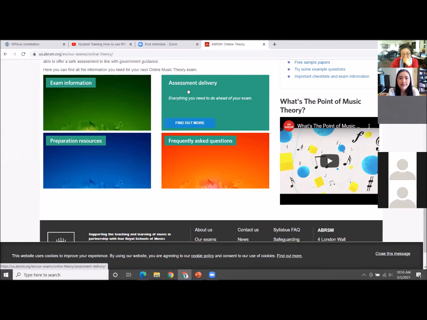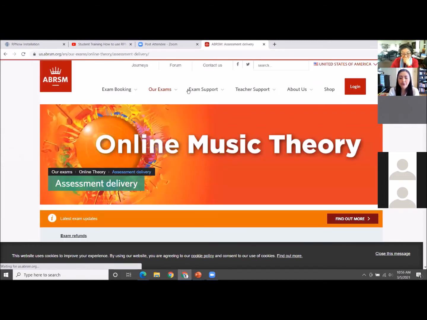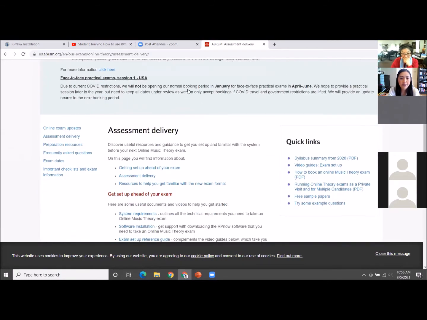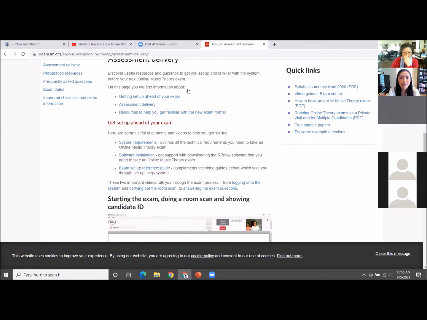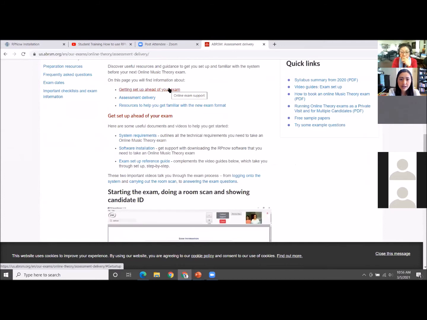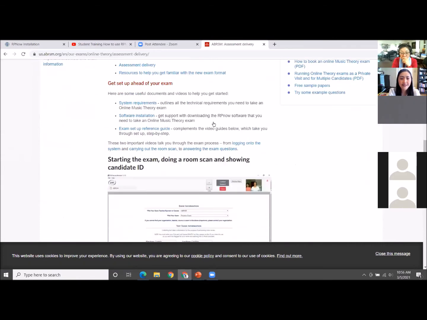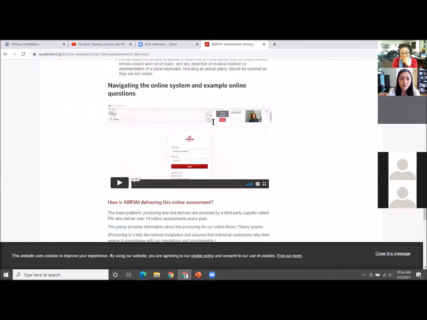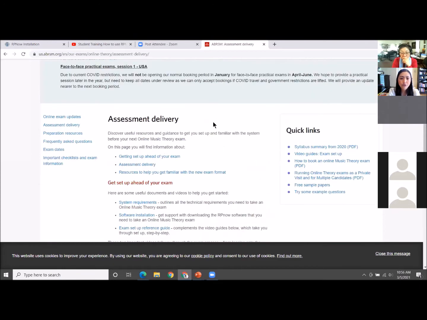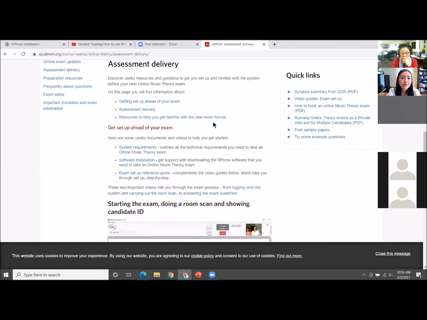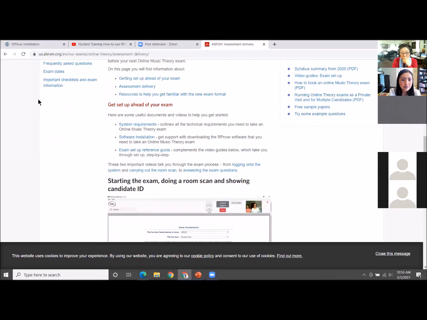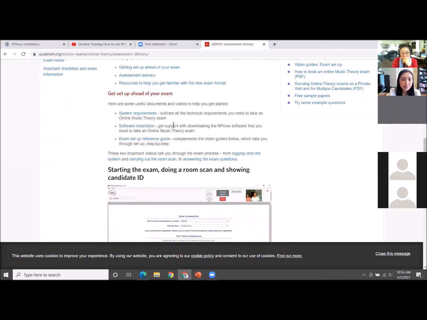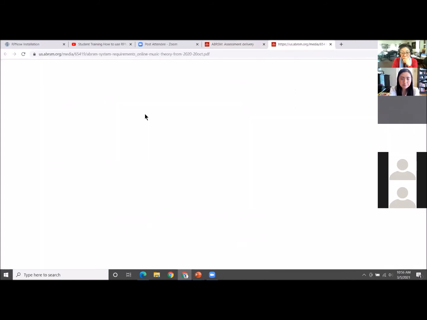You go to assessment delivery, and when you're under that subpage, it gives you all of the information on how to set up, what are the requirements, and also resources such as links and video tutorials on how to set up. But for our current purposes, I want to draw your attention to the systems requirement.